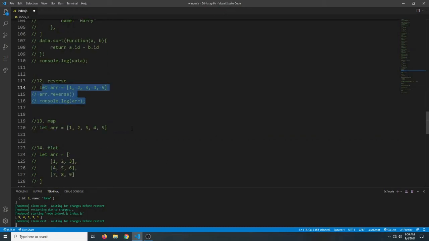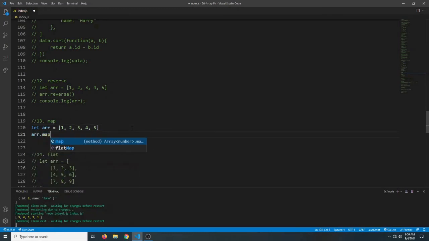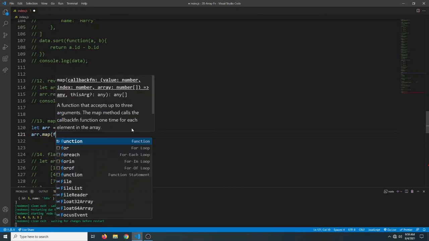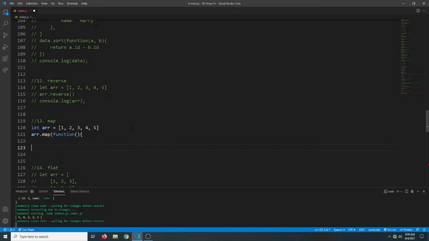Now another very useful function is map. Let's see how map works. So we can say array dot map, and this also takes a function as an argument. Basically for each of the elements this function will be executed, and it accepts two parameters.